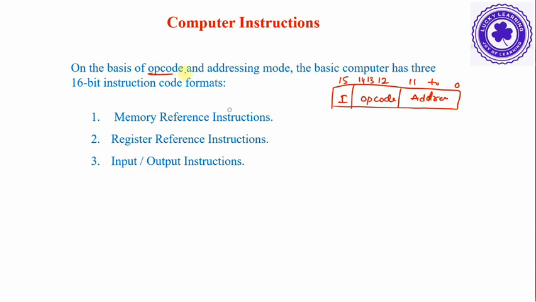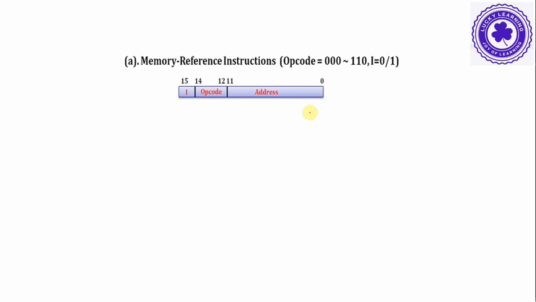On the basis of opcode and addressing mode, the basic computer has three 16-bit instruction code formats. Those are called memory reference instructions, register reference instructions, and input output instructions. First, we'll see memory reference instructions. Memory reference instructions have an opcode of 000 to 110, which in decimal is 0 to 6. And the mode bit will be either I equal to 0 or 1, 0 for direct and 1 for indirect